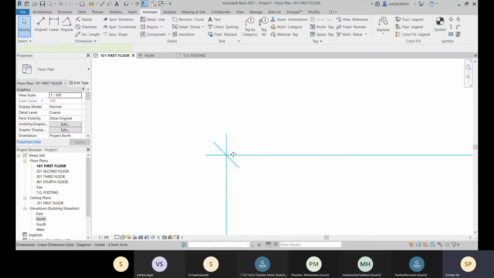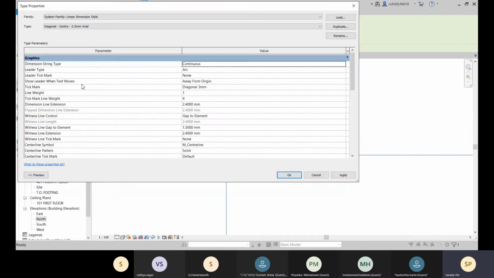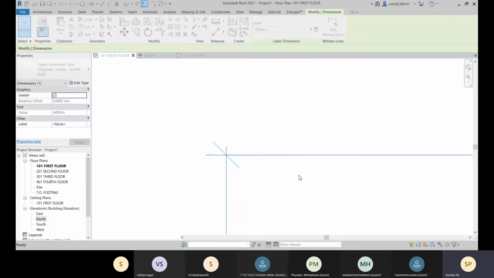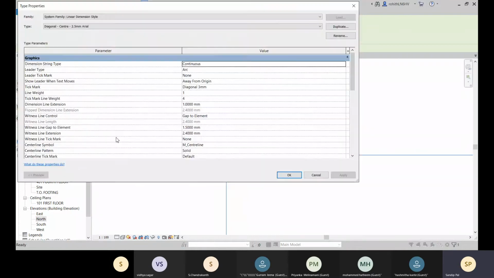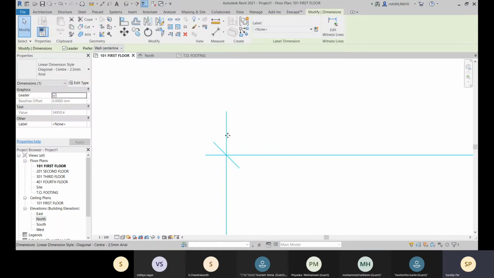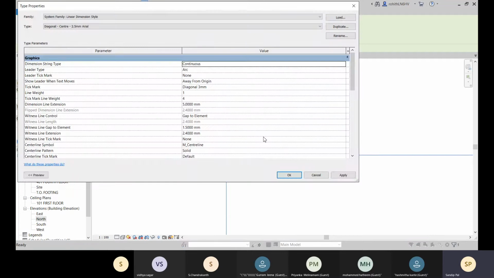Let me select it and go for this edit type, and this dimension line extension, let's go for 1, and click on apply and OK. Here you can see that this is now less, and let's go for more. Let's go for 5 mm and apply and OK, and here you can see this dimension line is being extended to 5 mm. So you can apply with this one.